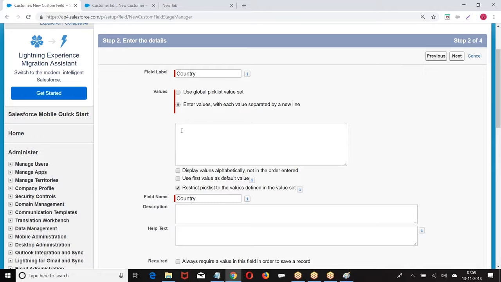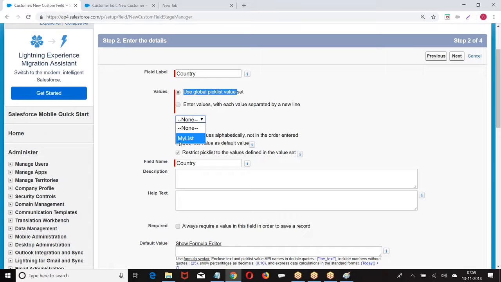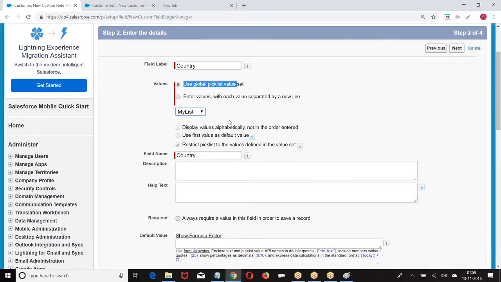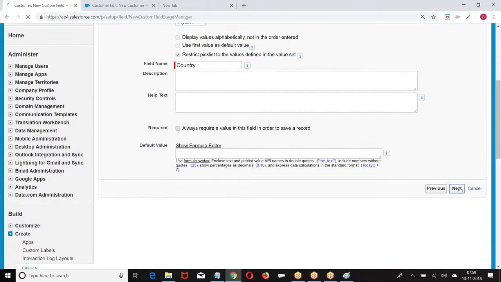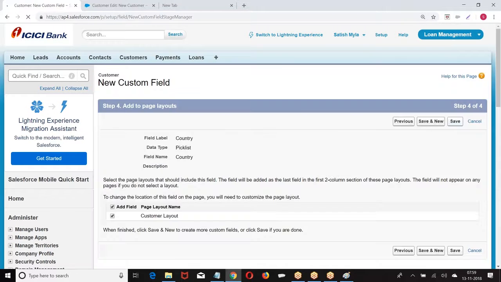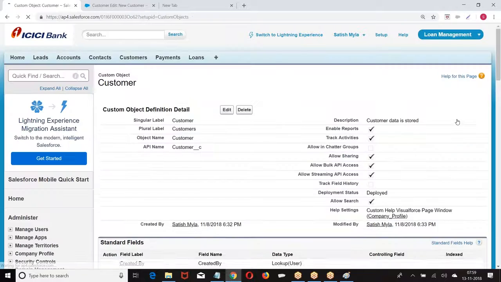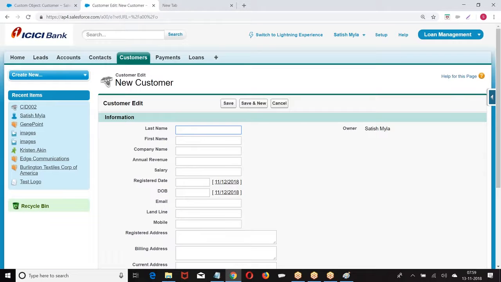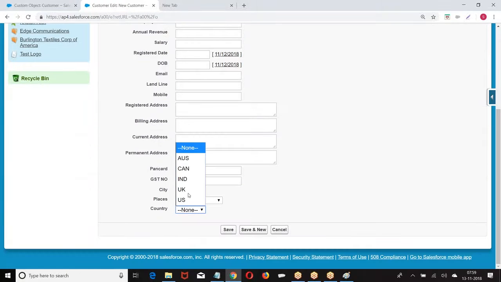I entered the value. But above that, there is an option. What is that? Use global pick list. When I select that, they're showing what are the lists I have created there. Selected this. So go back to this. You get the group of options, right?